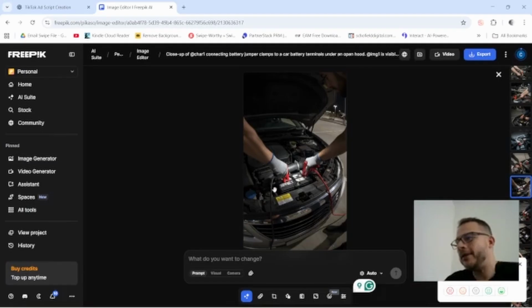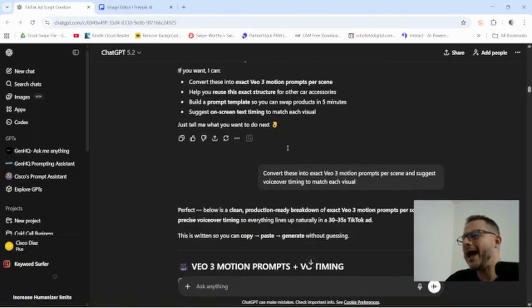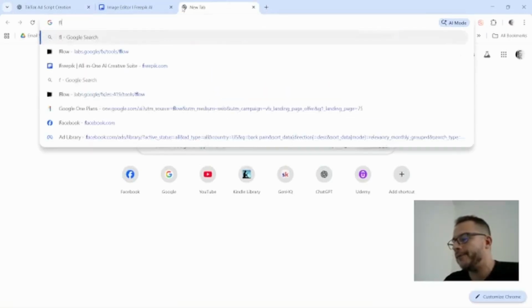And then after that, when I was actually happy with this, I had it generate the prompts. Based on the image prompts, I had to generate the prompts for Flow VO3. These are actually the motion prompts. So going here into Flow,